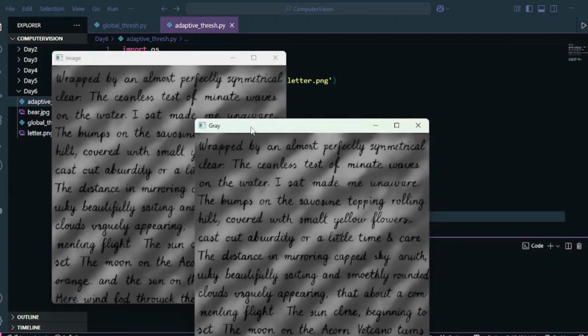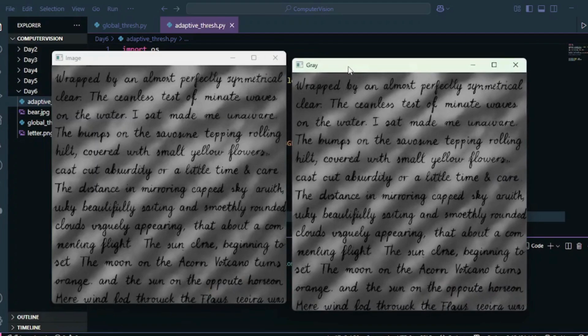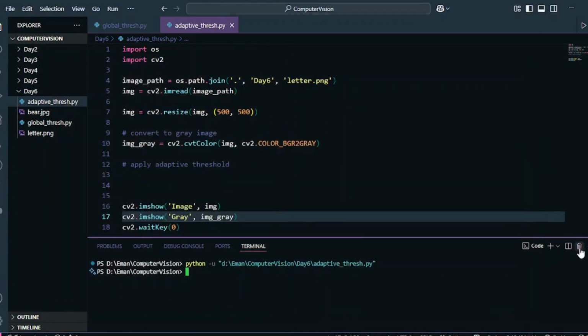Yeah, so this was my actual image, and this is my gray image. Although yes, you must be like, they're similar, why did I even convert it in the first place? Because by default, when you visualize any image using OpenCV, it is a BGR image. So this was a BGR image. I had to convert it into a grayscale image that has only one channel, because when I use thresholding, it only accepts an image that is one channel and not 3 channels. So it would have given me an error if I used that image directly.